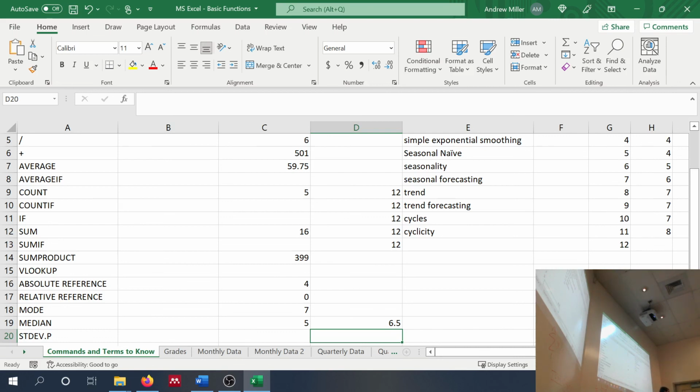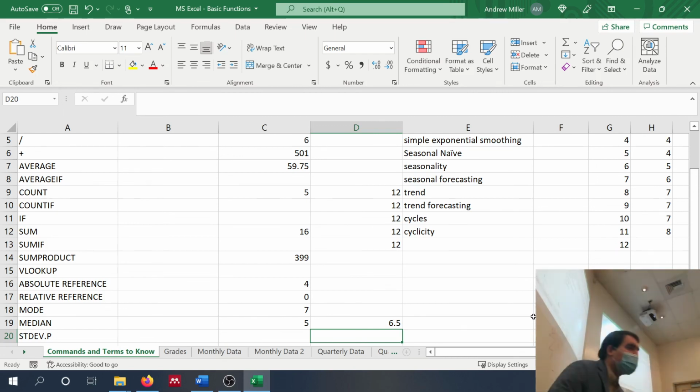So you'll be taking business stats. They'll go over standard deviations in a lot more detail. But I'm more concerned with, can you use a standard deviation in Excel? I'm not concerned with, can you interpret it? I'm not concerned with, can you do it by hand? I'm concerned with, can you do it in Excel?